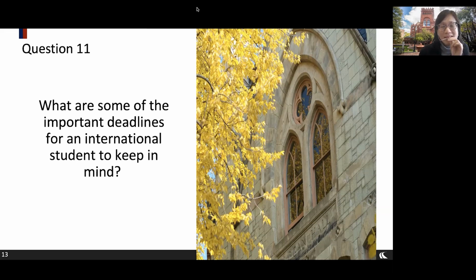If you think that you need an extra semester or even an extra year to complete your program or to complete your study, you want to make sure that you submit the program extension e-form to us. And then you also want to make sure that we will be able to review and approve it before the program end day. That means that you should give yourself at least a month to try to work things out,